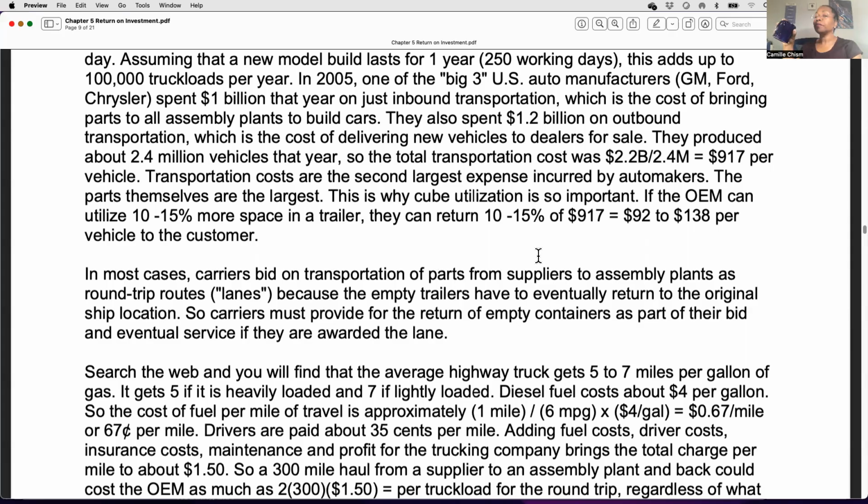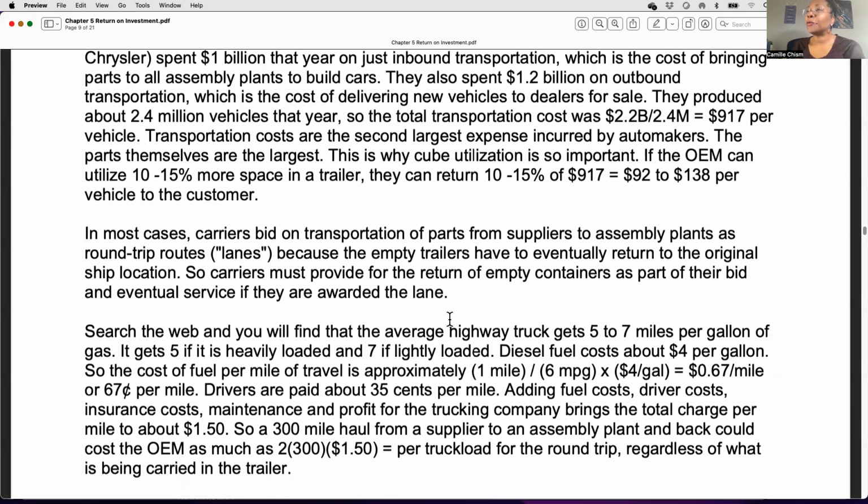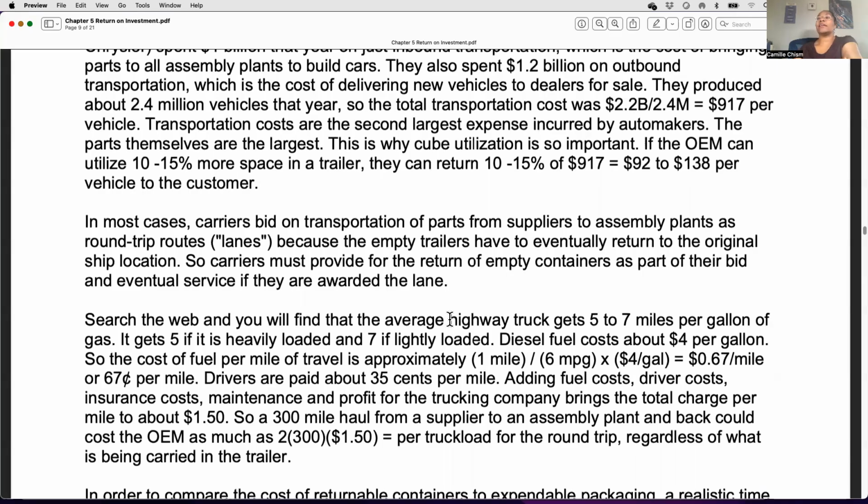So you can add between about $100 to the cost of a vehicle, just for something like transportation. Okay, so you can tell we're getting near the end of my lecture because I'm losing my voice. Okay, so in most cases,